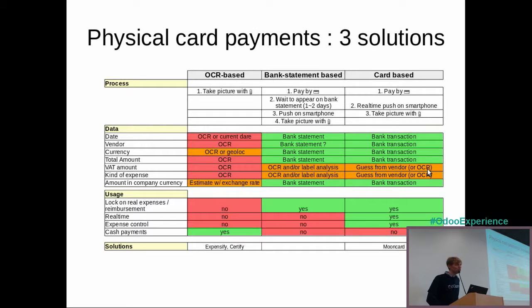No, OCR is not really needed for that. Then with the vendor, it can guess the VAT rate because, for example, a parking in France is 20% VAT. So if it's a parking provider, they know that it will be 20%. So they can pre-fill the VAT rate. All this is pushed on my smartphone in real time. Just after the payment, 10 seconds after it's on my smartphone.